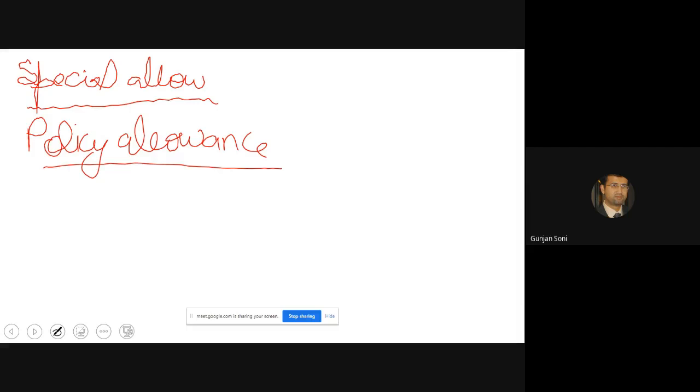Satisfactory earnings means that over a period of time, if some inflation is there in the economy, your earnings should increase proportionally with respect to your standard performance. So for that we have policy allowance. There could be many, like travel allowance is also a part of policy allowance.